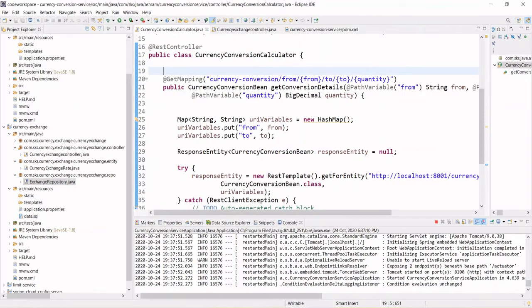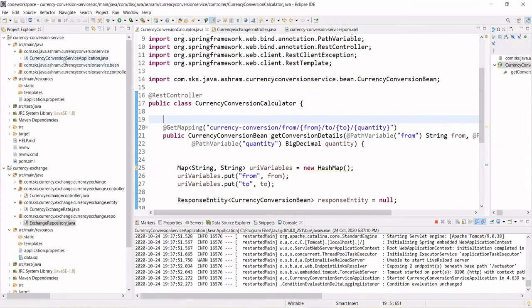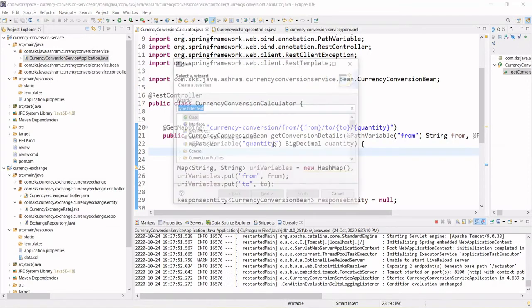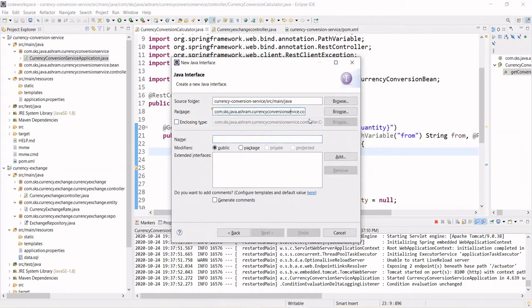Currently we are here. So let's create the proxy interface. Press Control N, create an interface, and change the package name. Instead of controller, let's create proxy.